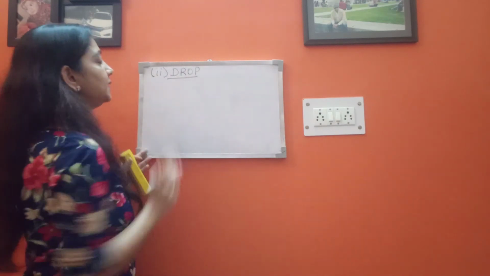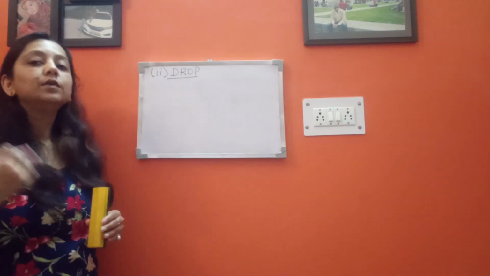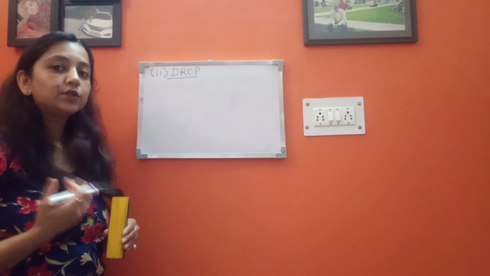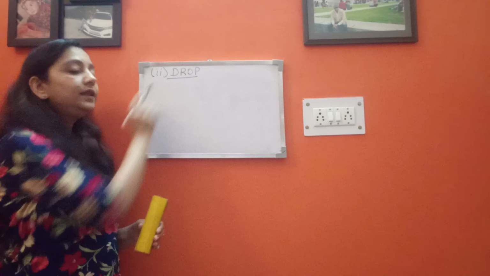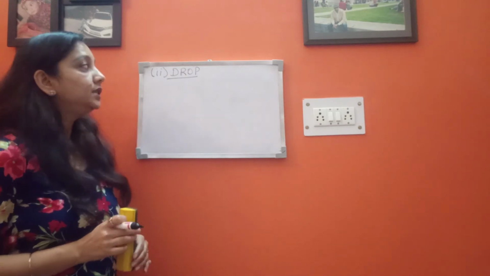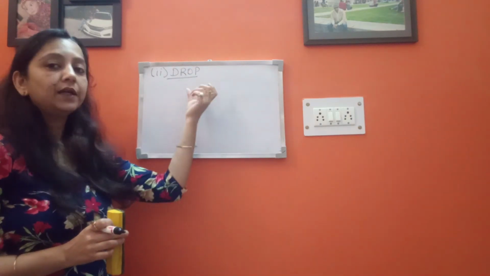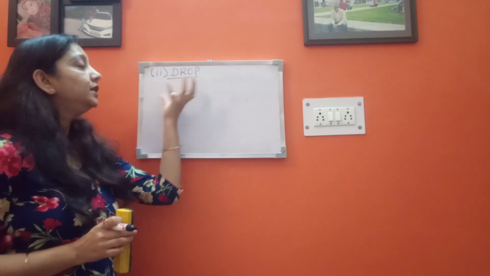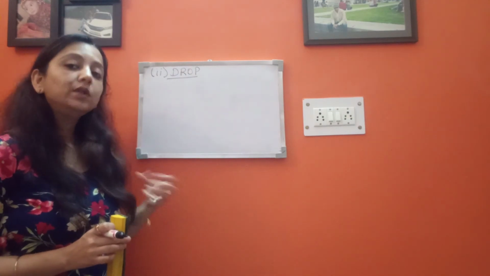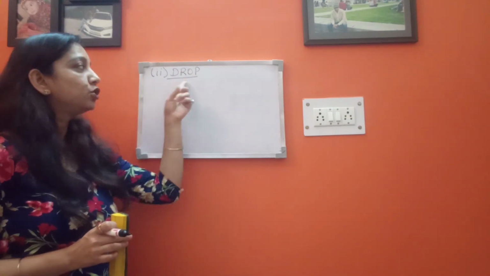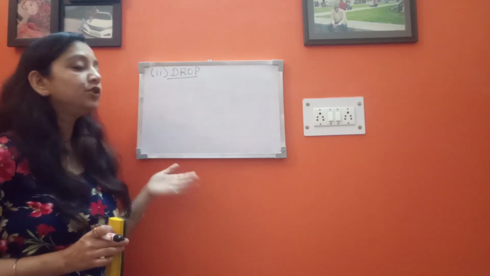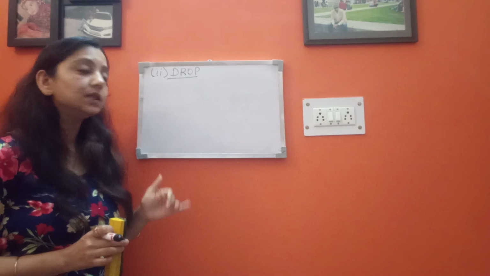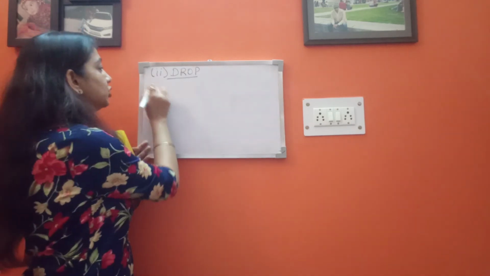The drop command is basically used to delete the database or its objects, the entire database objects. When we want to delete them, we use the drop command. The difference between the drop command and the delete command is that the delete command is used for deleting only specific records, whereas the drop command is used for deleting the entire database objects, which may be the table or the database itself. The syntax is drop